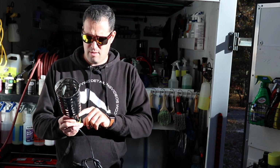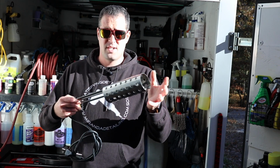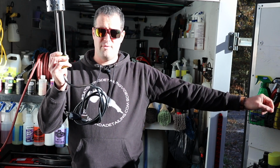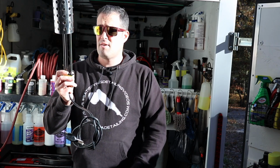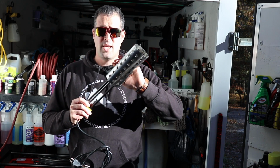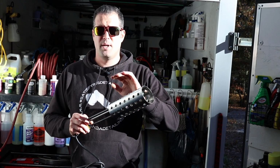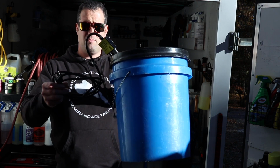It does say here that you insert this right into the water. Again, this is used for farm equipment, so farmers who use this know how to use it safely. You have your plug here, and it's going to be far enough away from your water source, your bucket. Once you plug this into your generator or at the house, this thing will heat up. It doesn't get the water boiling or super, super hot, but it will maintain the hot water that you have in your bucket. So all you need to do is place it in like that,